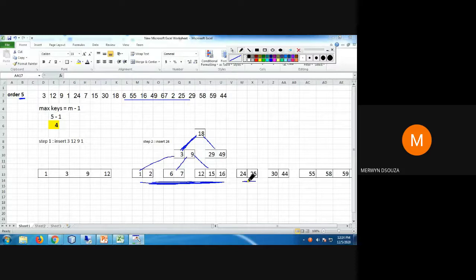These two values are less than 29. So it will come here before 29. Okay, actually this node you can draw somewhere here. You could have drawn somewhere here so that 29, 49 becomes easier to see. So let's say it is drawn there. So I am having here, okay, so this is here, say, these two values here and these values here. Okay, so I hope you have understood this.